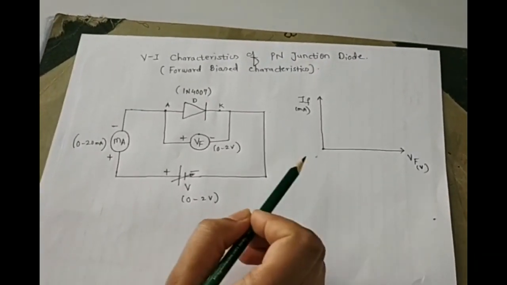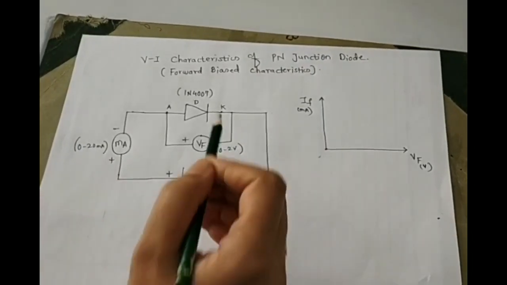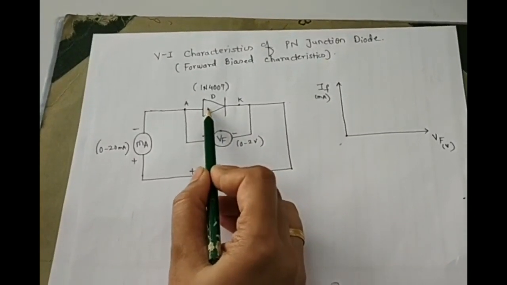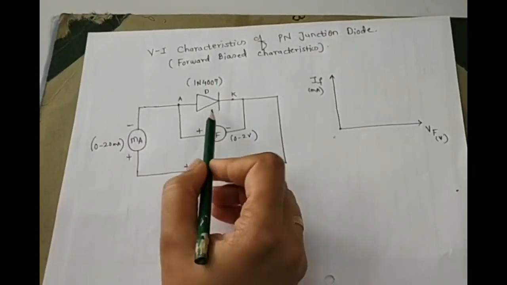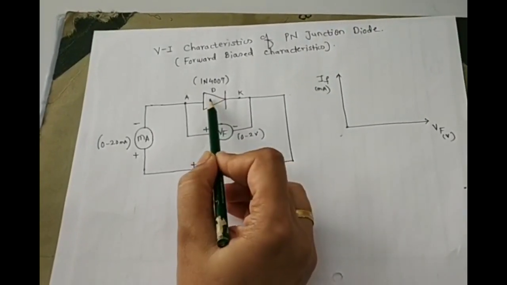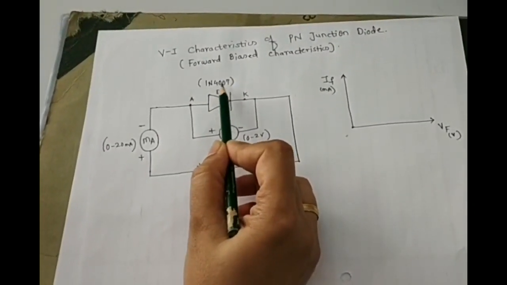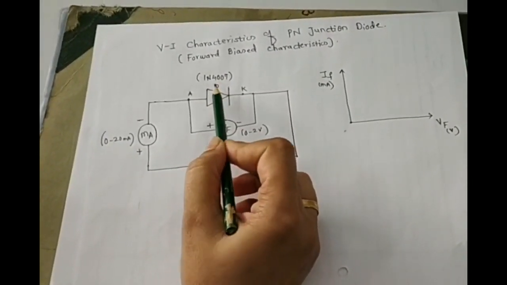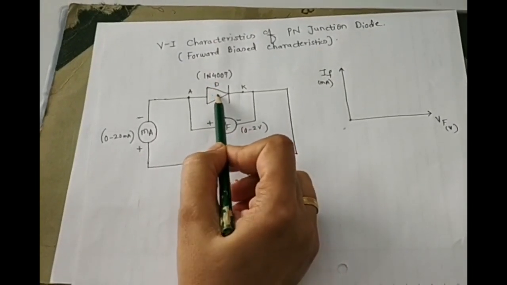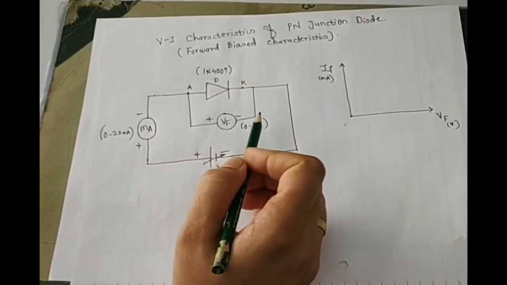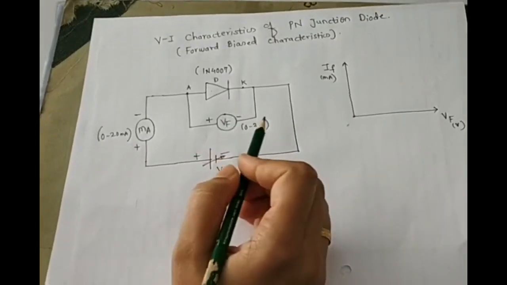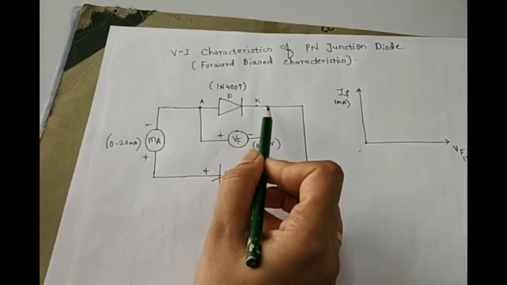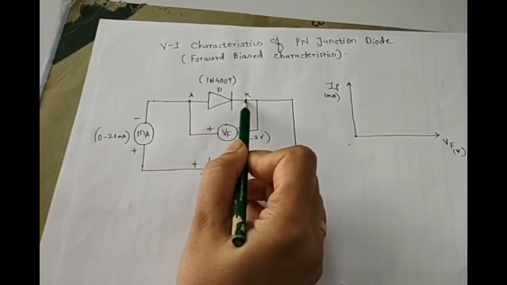Let us understand. As you can see in the diagram, the main component of this circuit is the diode. As you all know, diode and its function. So this is nothing but the diode. The type of diode we have connected is 1N4007. That is the number of this diode. 1N indicates only one junction. As you all know, diode conducts in only one direction, that means current flows through the diode in one direction only. It is basically a two-terminal device, anode and cathode.